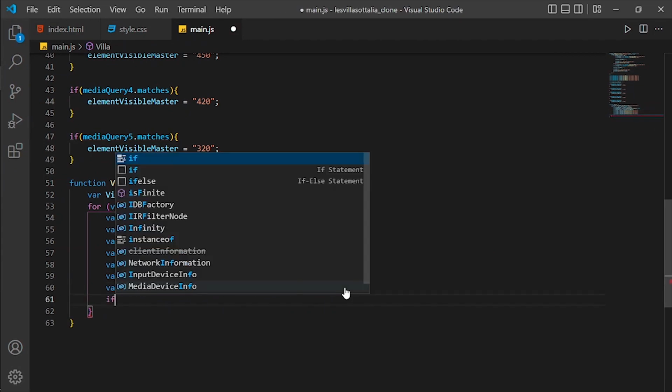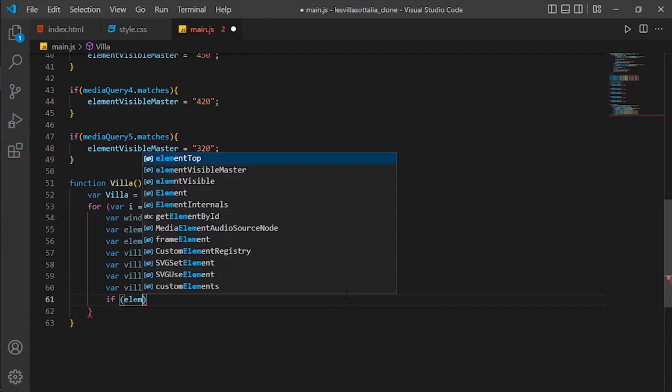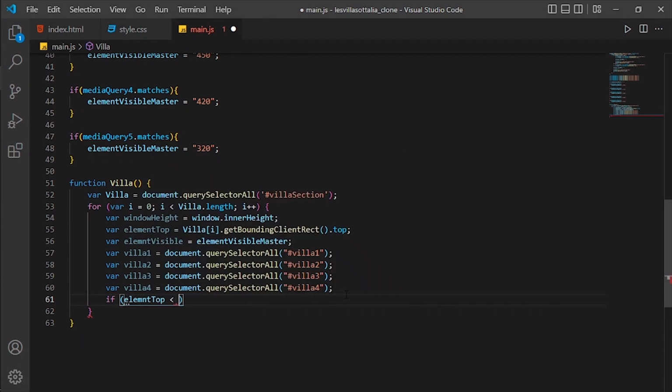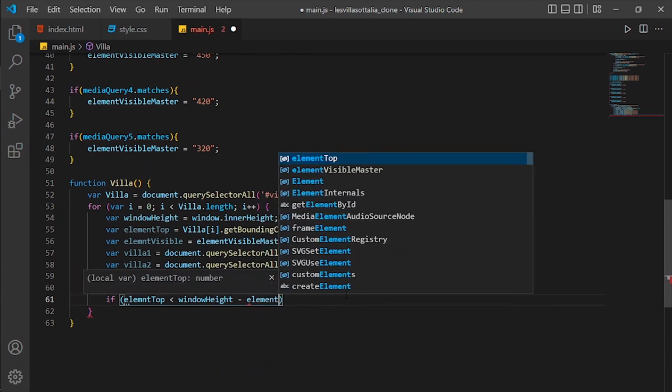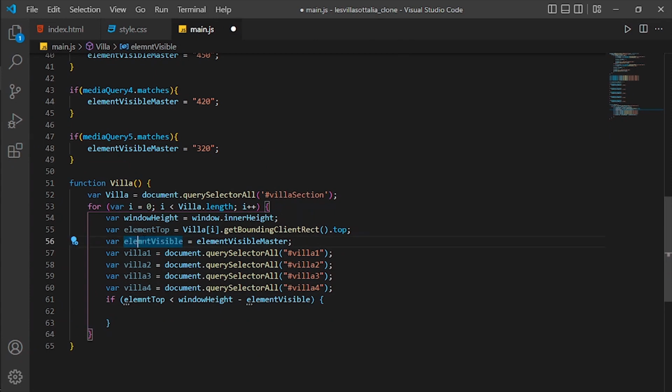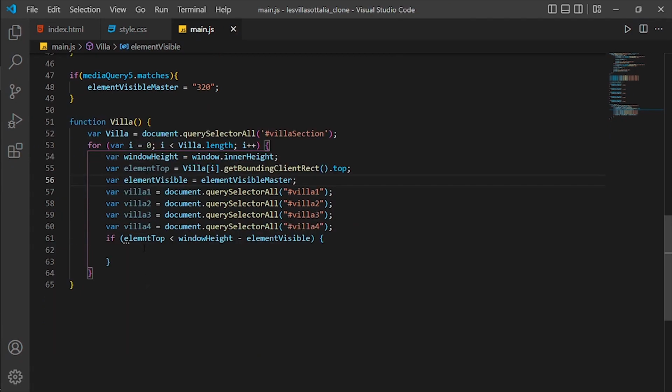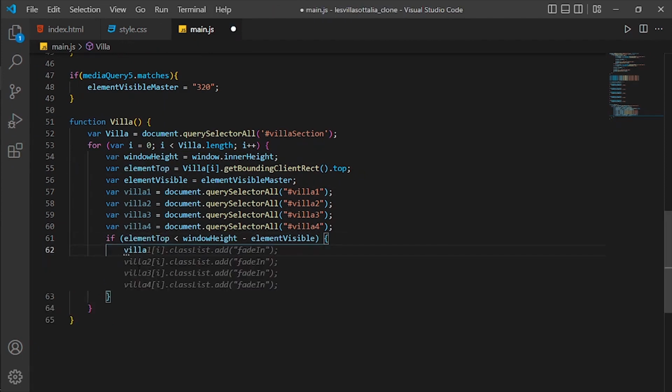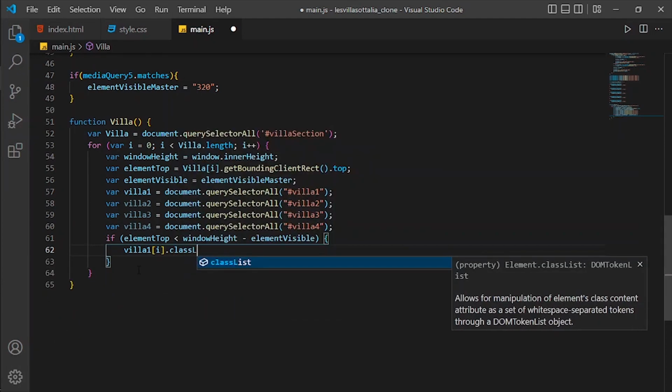Next we will have an if element top is smaller than window height, minus element visible. Element visible. Element top right here. Okay. Inside of it, we'll have filler 1 and i dot class list dot add,